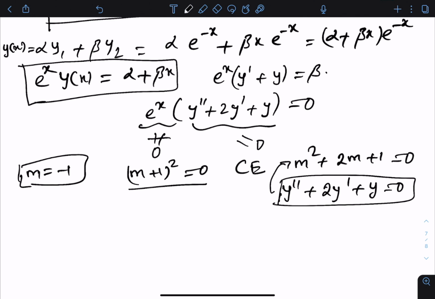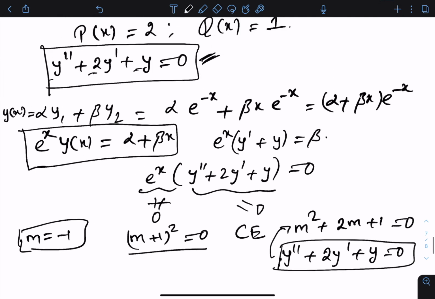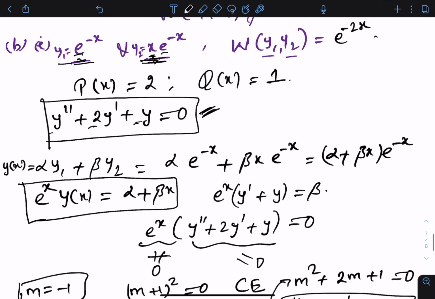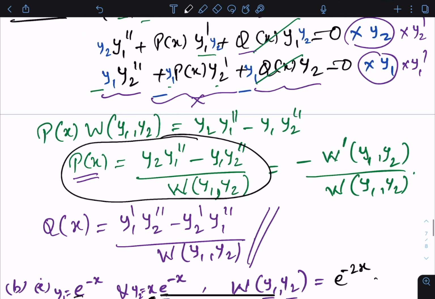So you have this solution. Okay, so that is another way of obtaining the solution, but that is some kind of clever guesswork, that looking at these functions, you know that they are linearly independent. So these types of functions come only as roots of a characteristic equation. It has to be m equal to, so it's essentially minus 1 as a repeated root or double root, right? And then from that you can make a guess like this. Okay, that's for B1. Let's look at B2,